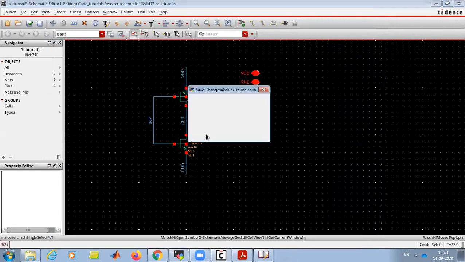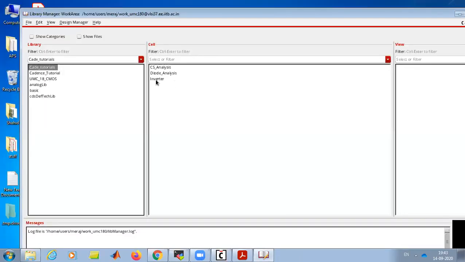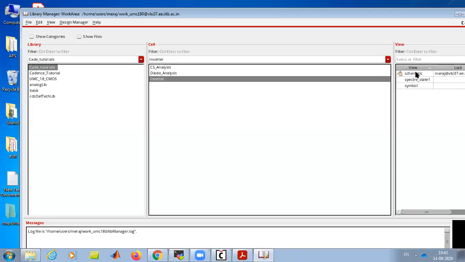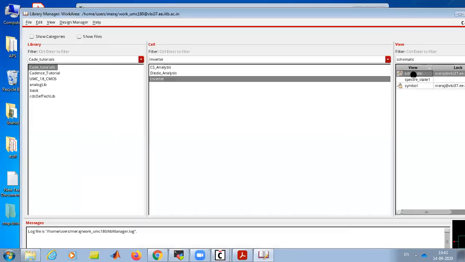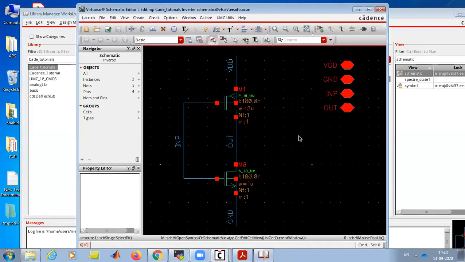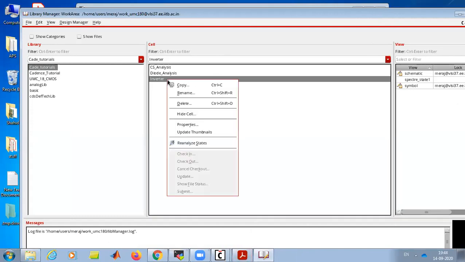So now, if we see in our inverter, we'll have schematic as well as symbol view. When you open symbol view, it is our top view, and if you open schematic, this is our inverter. Now, how to simulate with symbol? So what we will do is